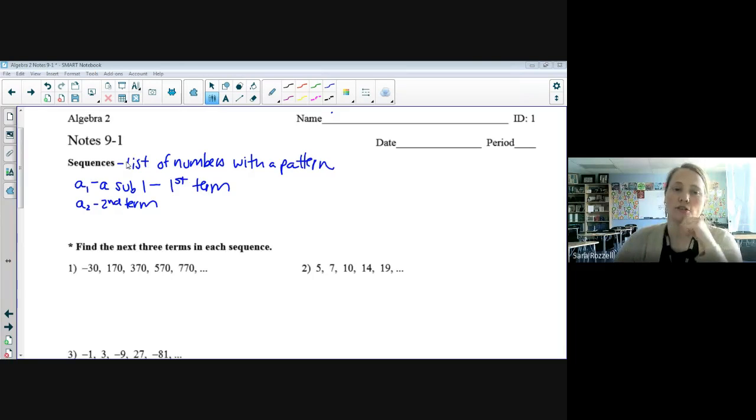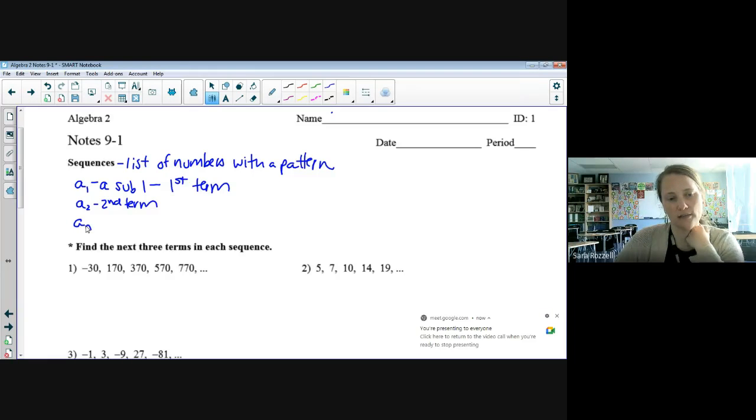All right, so sequences are just a list of numbers with a pattern. A sub 1 means it's the first term of the sequence. A sub 2, these are subscripts, would be the second term. If I write A with a little n, I read that A sub n, but that's just the general formula